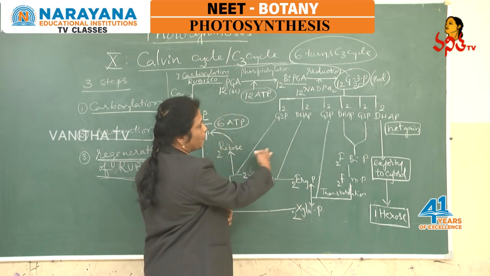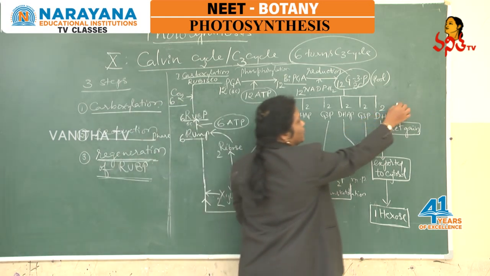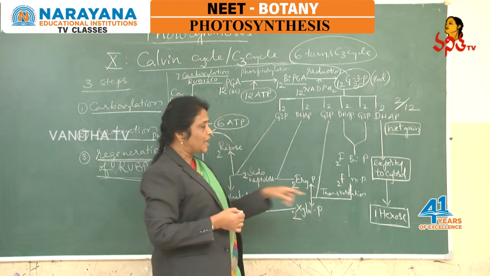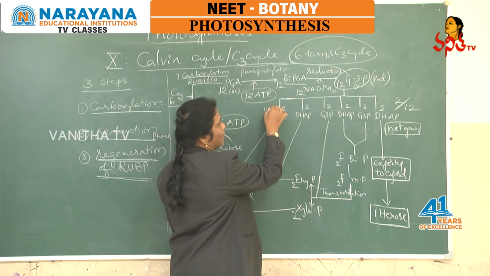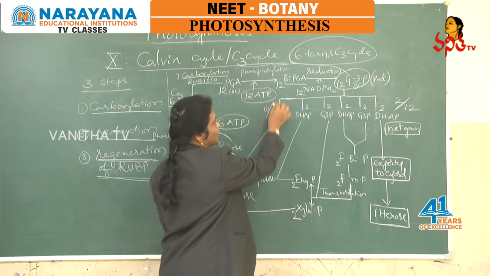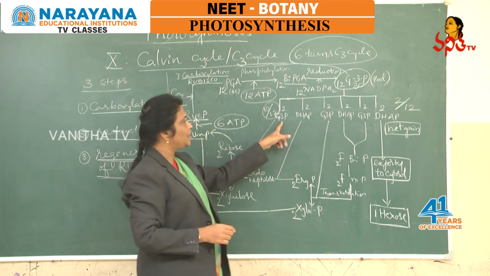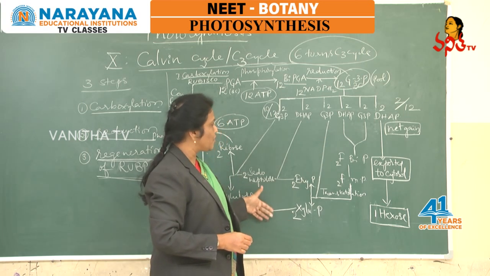Okay. Then what happened to the remaining trioses? Among the 12, 2 by 12 as net gain we followed in the form of DHAP utilized for hexose synthesis, and the remaining 10 by 12 are involved in the regeneration of RuBP. So now how that 10 by 12, that means 5/6 of the pool, is involved in regeneration of RuBP, let us see.